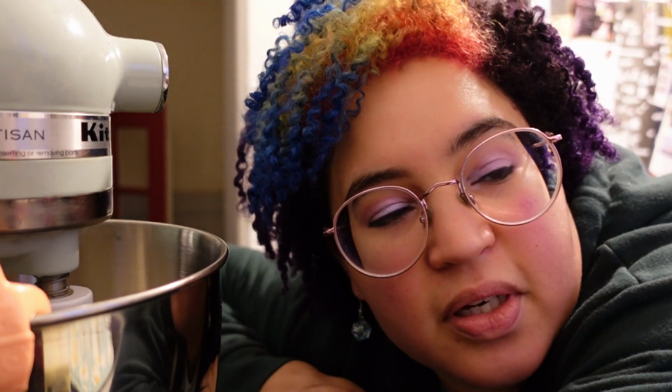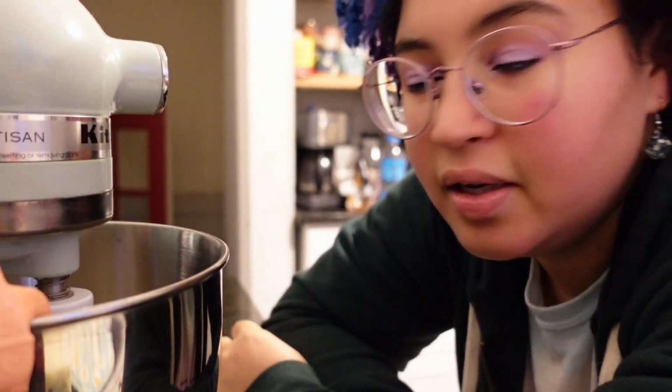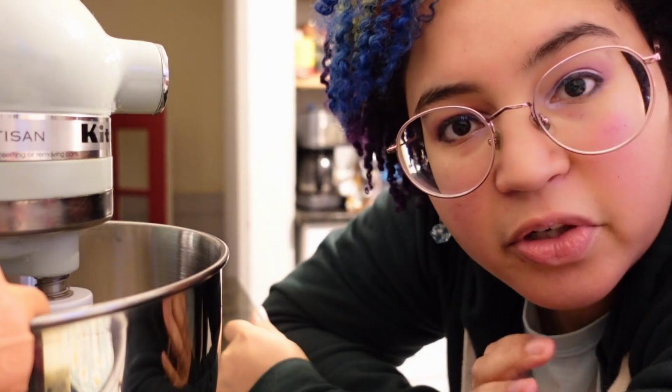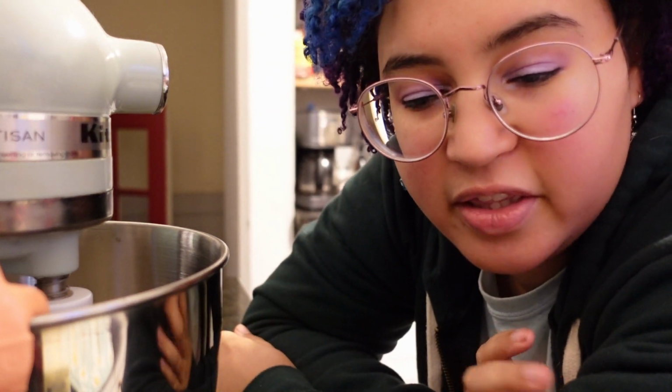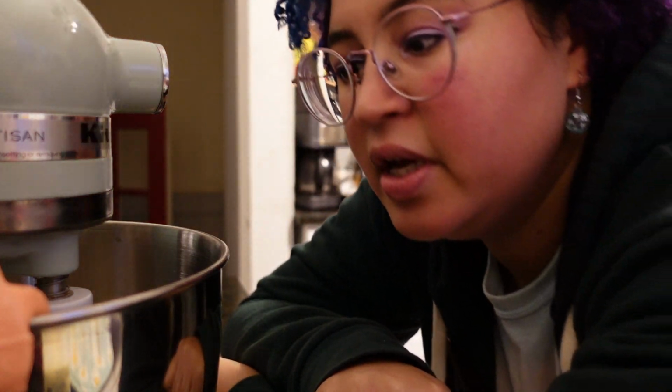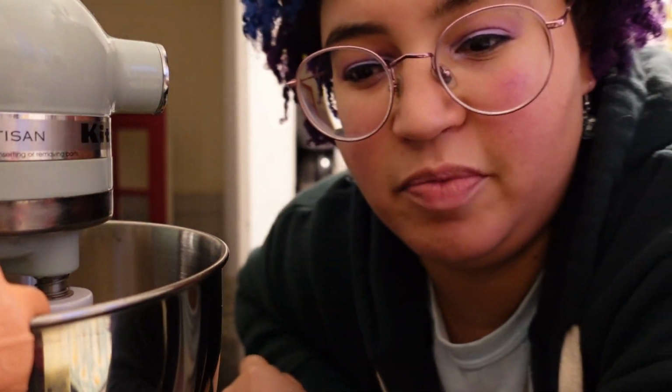Okay, so organizing went very well. And I've just been sitting at my computer doing the, what's it called? Making the listings. That's what I've been doing. But I got bored and kind of tired of sitting at my desk because that's what I've been doing all week. So I am gonna make some scones